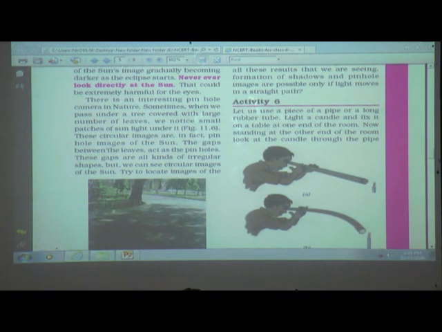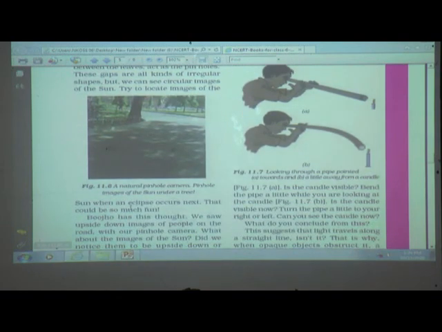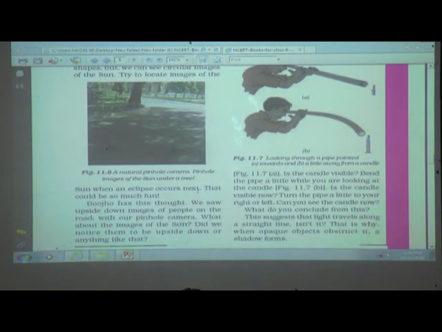See, you can see this. The gaps between the leaves act as the pinholes. These gaps are all kind of irregular shapes, but we can see circular images of the sun. Try to locate images of the sun when an eclipse occurs next. That could be so much fun for you.